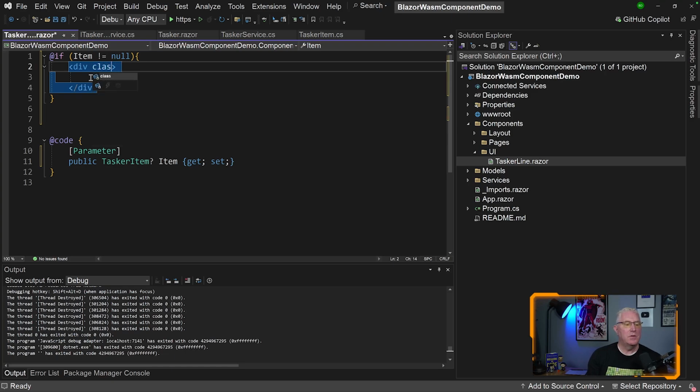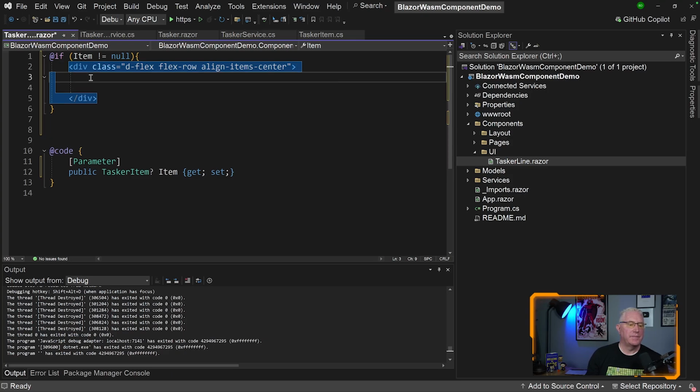All right, so I'm going to create a little flex box here. And this is Bootstrap. It's not entirely important. So you could be using Tailwind. You could use rows and columns for Bootstrap. You can use any CSS you want to style it. I'm going to use Bootstrap here. And all I'm going to do is make this a row. And it's going to have 3 columns in it eventually. One for the checkbox, one for my name, and one for my little trash can icon. And I'm going to make sure they're aligned in the center. So inside this